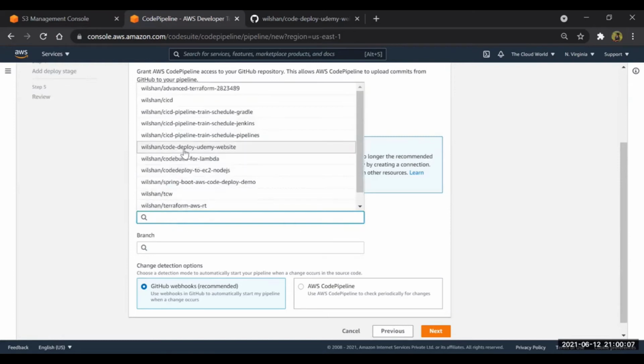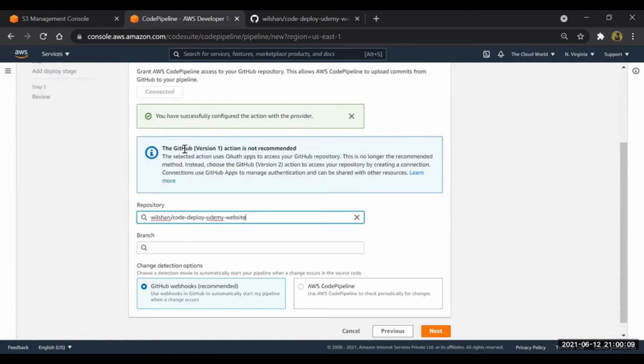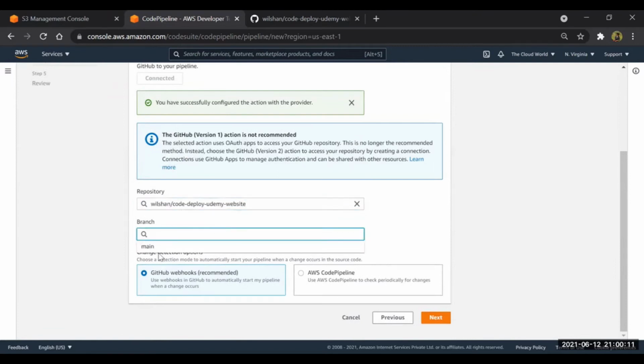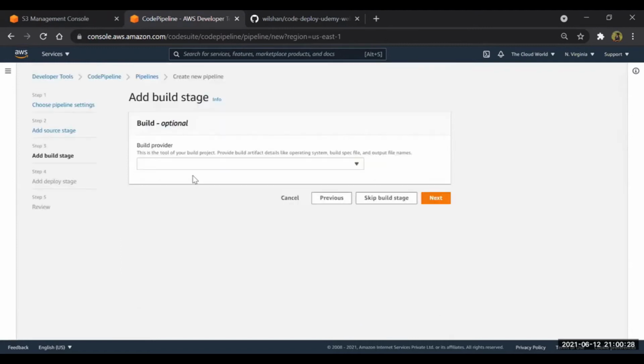What is my repository? Code deploy hyphen Udemy website. I'll select the main branch. There I've kept all my code, and this is the GitHub webhooks option. It says whenever we commit any changes in our GitHub account, it will automatically deploy. This is actually the recommended one.